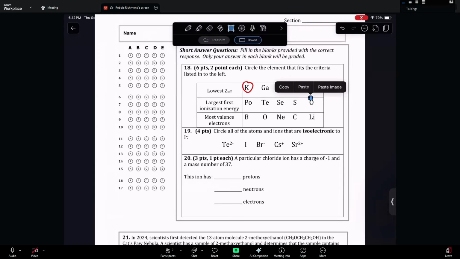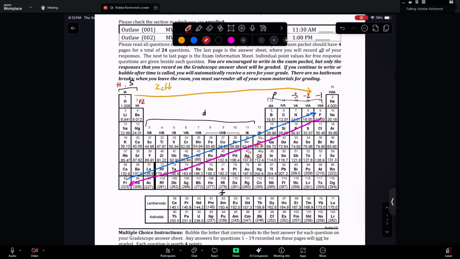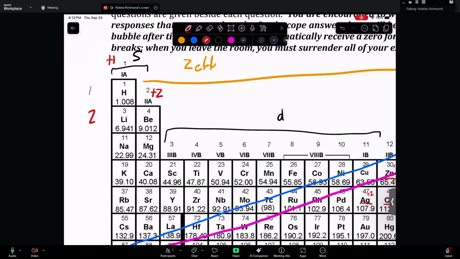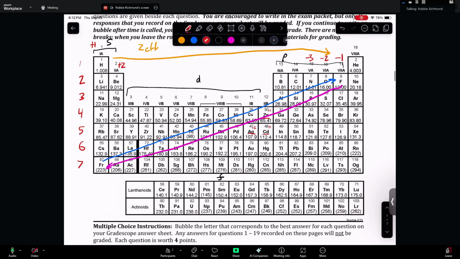Then we have most valence electrons. This isn't a periodic trend, but this is a concept that we did cover in class. Valence electrons are any electrons within the highest energy level. So I think I should have added these. This is energy level 1, 2, 3, 4, 5, 6, and 7, and that represents the principal quantum number. So any electron within the highest principal quantum number in a given electron configuration will be the